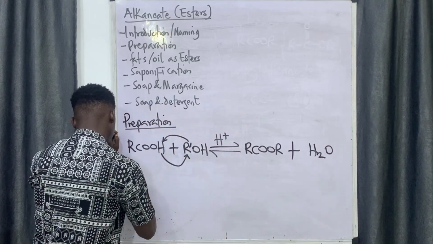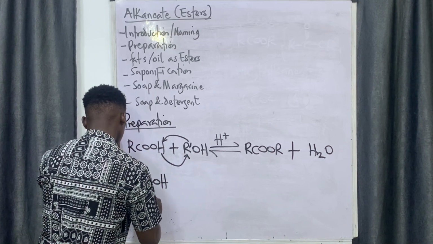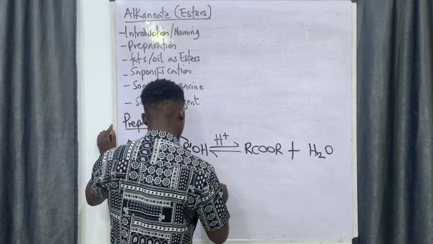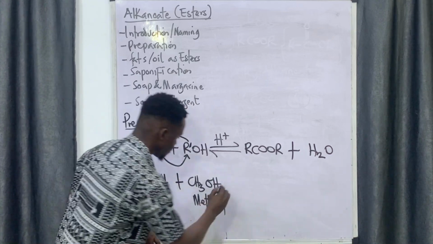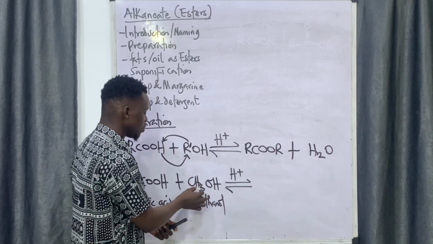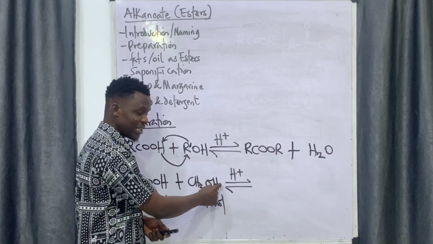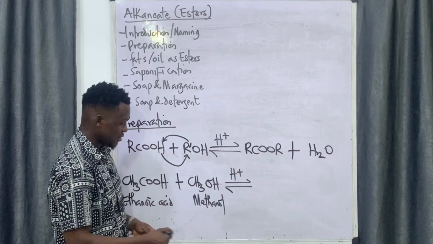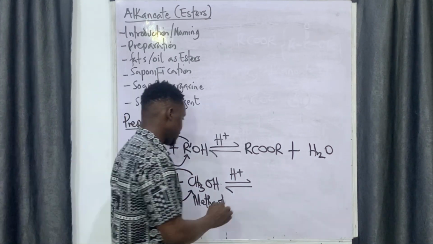Okay, so let's take an example to see how this will look like. Let's say we have ethanoic acid. We have methanol. Now, I do not care whatever they like, they should add here. Everything apart from the OH, I'll take it and replace the H. The OH is what is meant to be constant, because this OH is going to pick up this H from here and form water. So this comes here, and this comes here. So we have